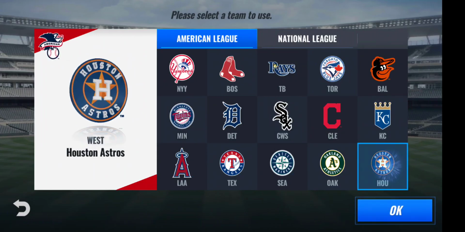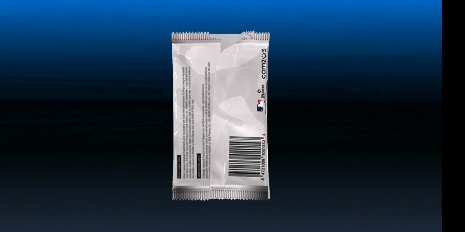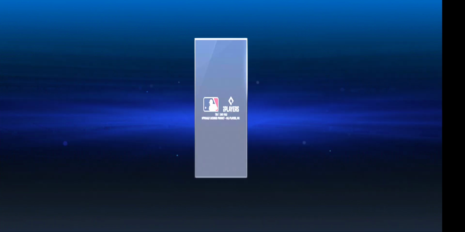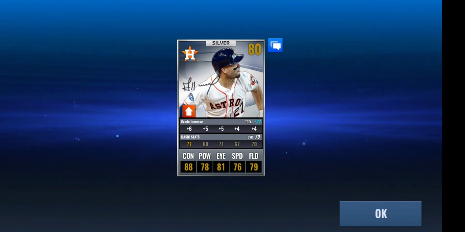All right, here we go. Be a diamond off the bat. Nope. Silver. Ooh. I think that's a George Springer. Jose Altuve? Which year? The 18? 18 is pretty good, I think. Yeah. I think 17 is his best year. What is the base? 70? I can't see. Yeah, base is 70. All right, so